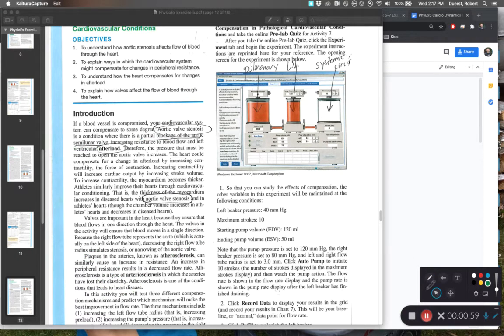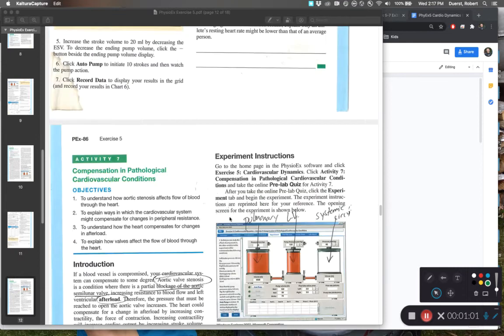As we work through activity number 7, the scenario that is set up gives us the pulmonary circuit, pulmonary veins, the left ventricle of the heart, the aorta, and then our systemic circuit. So just like we had in activities 5 and activity 6. When you're done working through these activities,